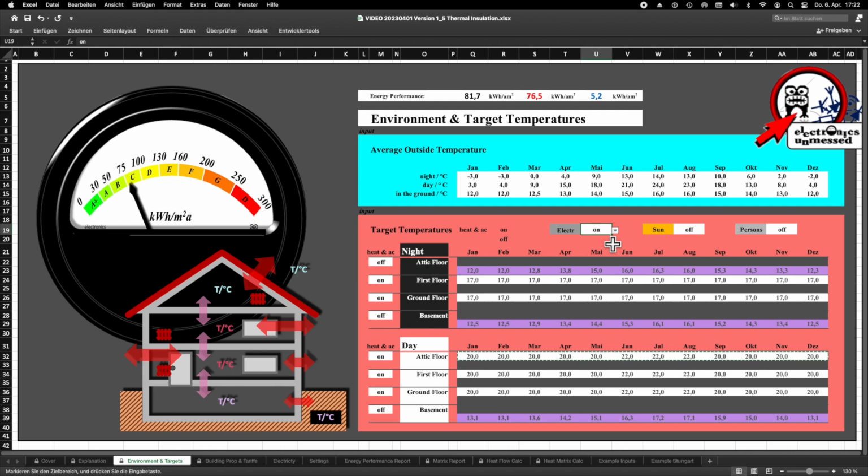Next, we have 2 natural heat sources, the sun and the people or animals that live in the house. Let's add the influence of the sun. In our example, we reduce consumption to 73.8 kilowatt hours per square meter. The sun can obviously make a significant contribution to heating energy. Again, this only applies in a relatively cool climate zone. In a warm climate zone, additional energy must be used for air conditioning to compensate the sun's contribution.